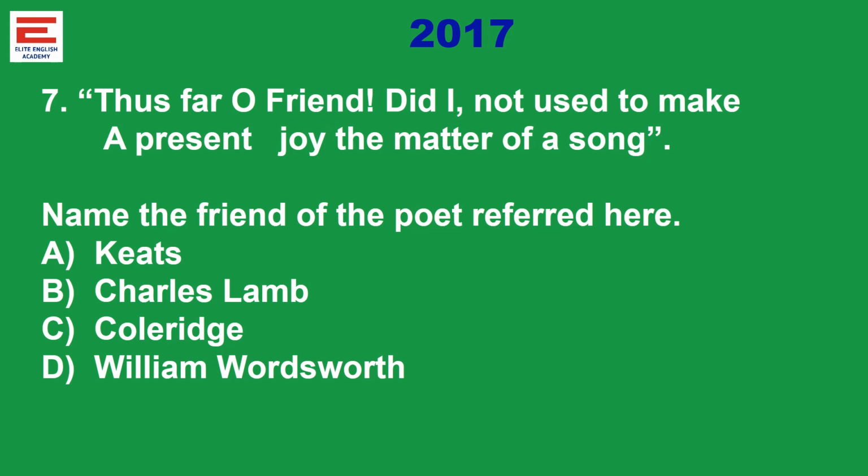The names of the friends given here are Keats, Lamb, Coleridge, William Wordsworth. Another interesting thing is Keats and Lamb do not talk about any of the friends, especially Charles Lamb, who is a prose writer. So first we have to remove that. Keats is not talking about anything in the given text, because Ode on a Grecian Urn is given, in which he is not talking about a friend. So that option is also removed. So it is Coleridge and William Wordsworth.